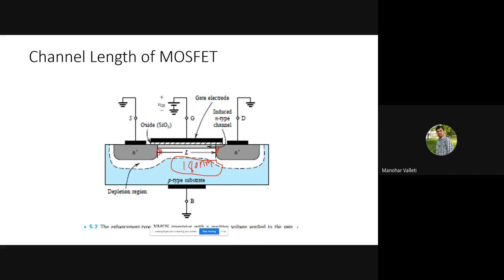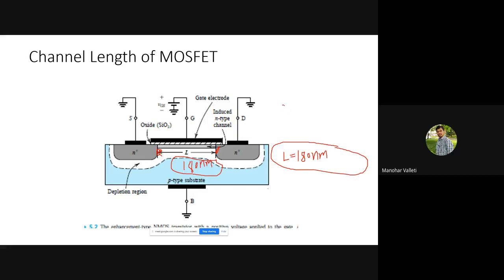I can say this is a more practical subject, right? So we try to understand what is actually happening in this lab. The length of the channel is 180 nanometer. Remember, whichever transistor you are using in analog design, always put the length of the transistor as 180 nanometer, because we are working on the 180 nanometer technology.